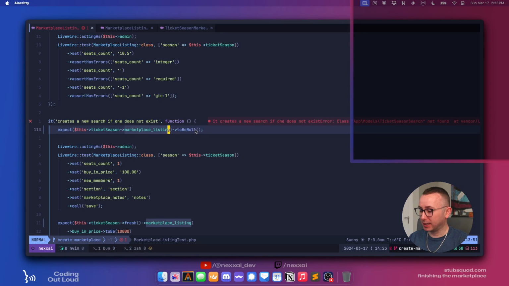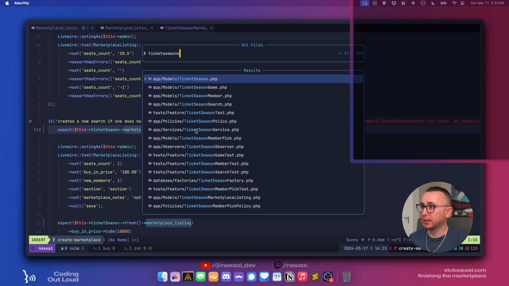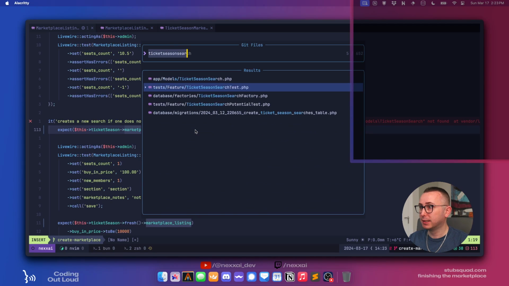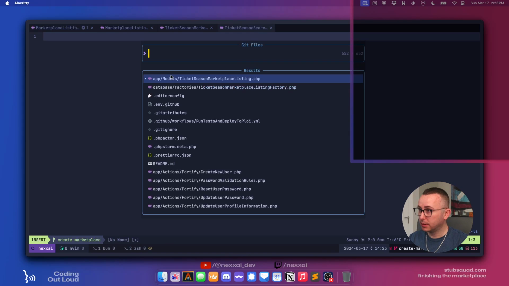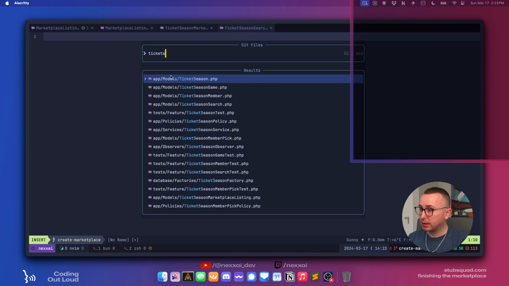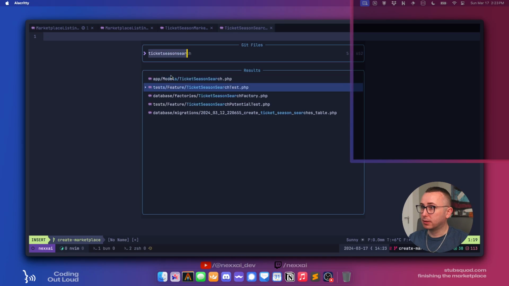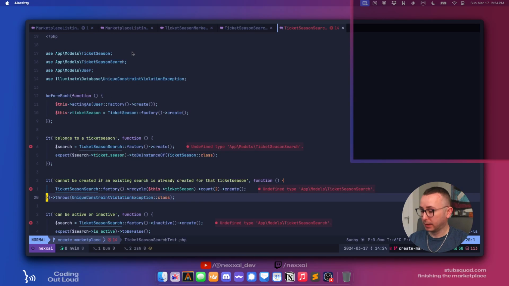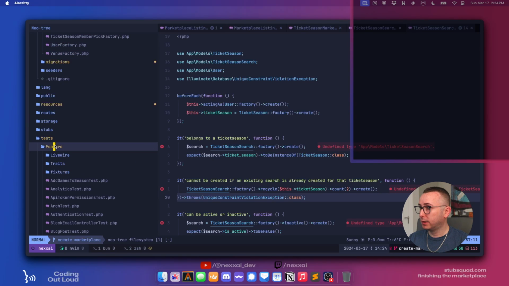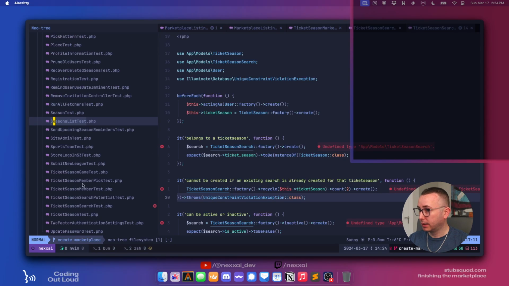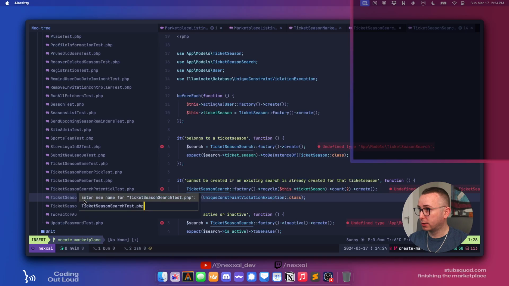Oh yeah, we're definitely going to have to make ticket season search test. Oh, and we're actually going to have to, oh no, okay. Ticket season search test. Yep. Definitely going to have to rename this one. Tests feature ticket season search.